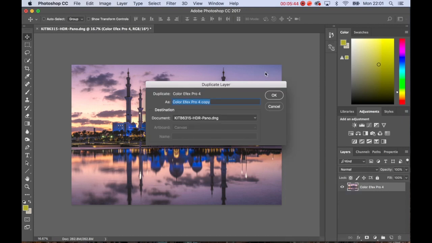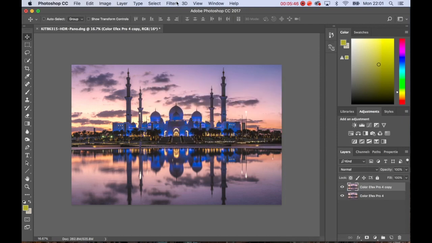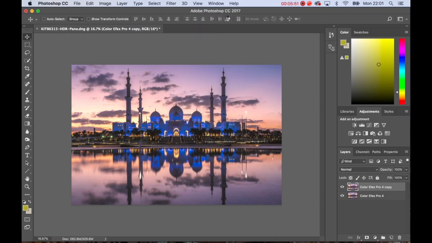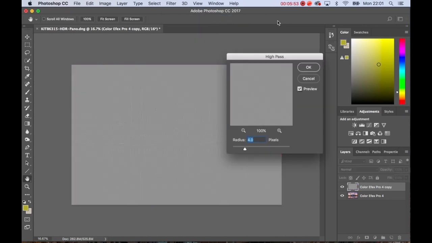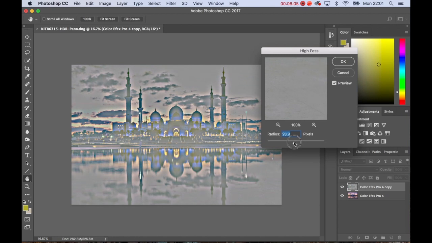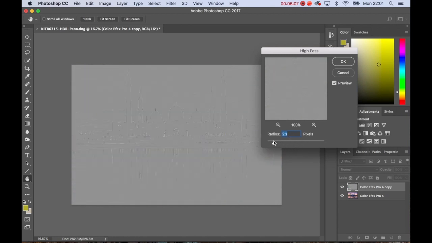I'm going to finally just duplicate the layer. I'm going to come up here to filter, to other, and to high pass. Now this is my favorite way of sharpening images. You can see here, or maybe you can't on a small screen, it shows the areas that it's going to sharpen, and you can basically change the radius here to see which areas are going to be affected. And I think about 5 is going to probably be perfect for this image. We're going to click OK,